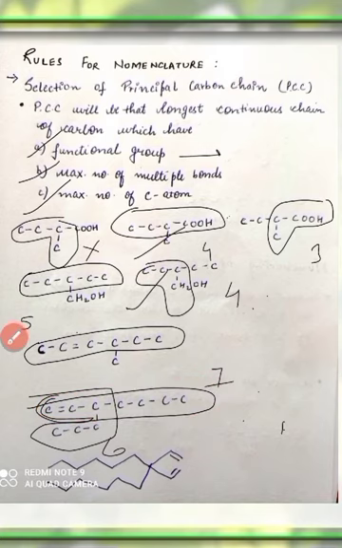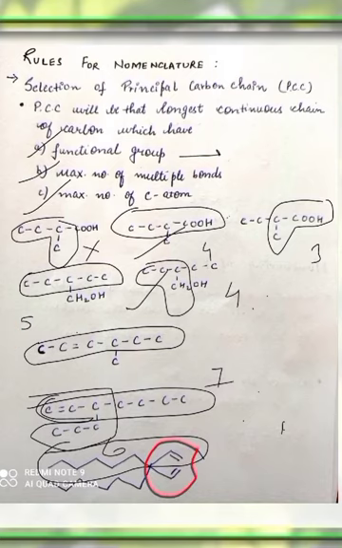Now lastly we will look at this example. So there are 2-3 possibilities, one is this, another is this. So if we see, first is functional group, there is no functional group in it, but there are multiple bonds. One chain, this one, has only one multiple bond, while this chain has two multiple bonds. So though this chain has fewer carbon atoms, this will be preferred, which means this is our 4 carbon parent chain and these will be the substituents.